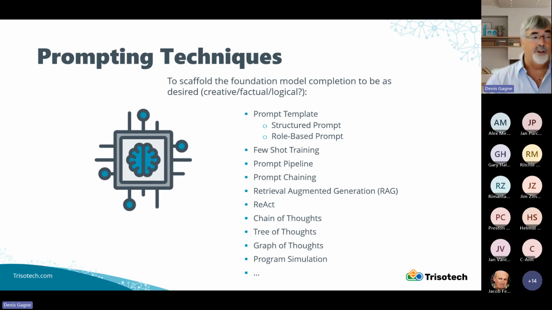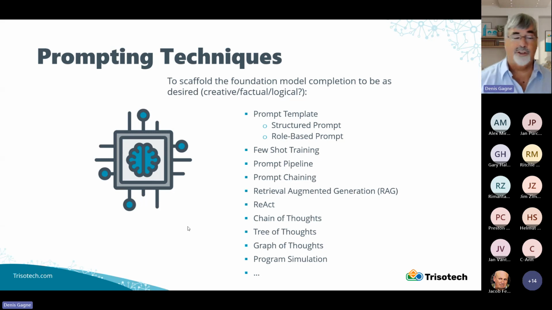And so we started looking at different prompt templates, structured prompts, and role-based prompts. Role-based prompts started to evolve to emulate what ChatGPT was doing. Now ChatGPT itself has embraced the role-based prompt, and you can have an actual chat API that will give you instructions in the two roles of the assistant and the user that you can intertwine.